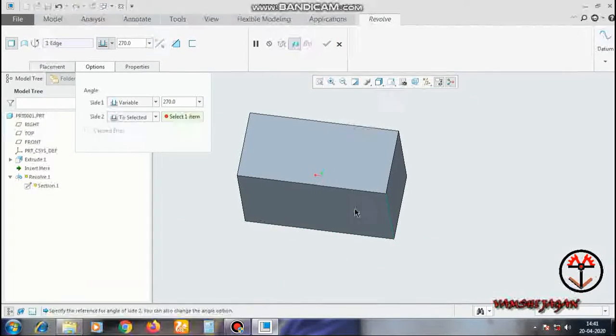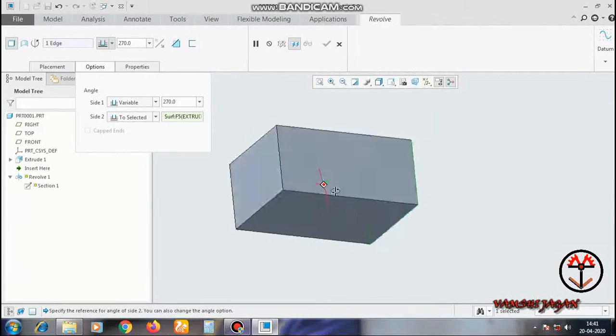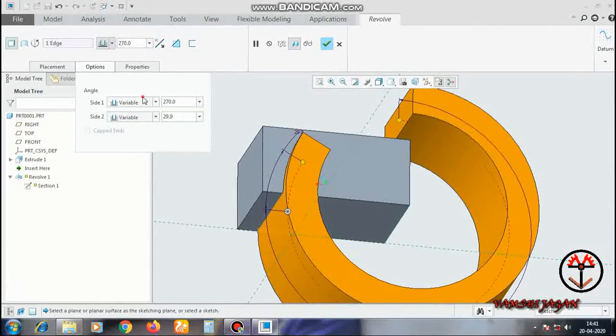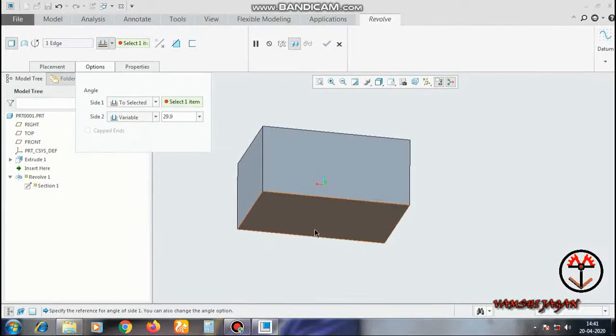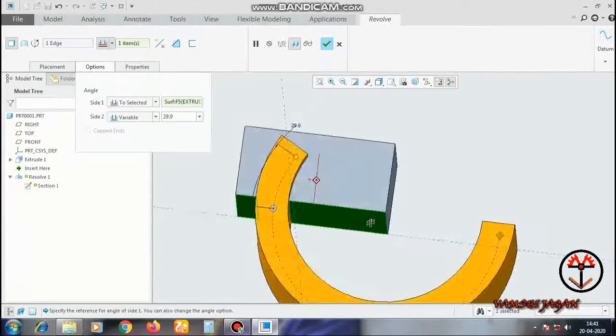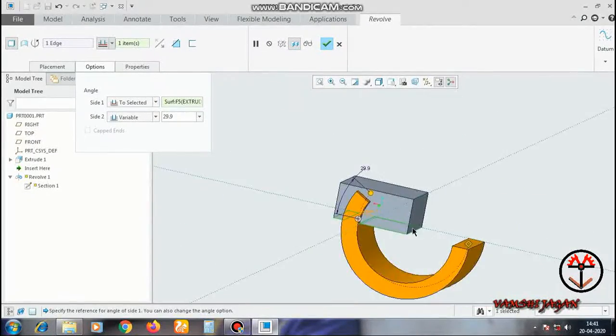I will keep 270 and by clicking up to surface, you can see you can click first variable 1 only up to surface. So I will show you. I will keep it variable and I will select variable 1 as selected surface. You can see it worked.